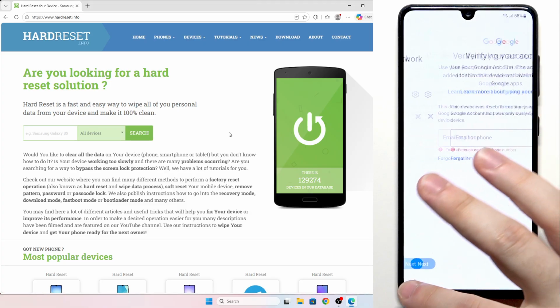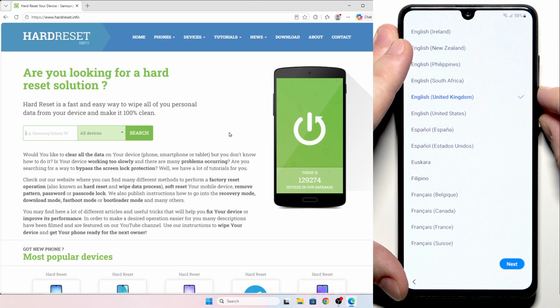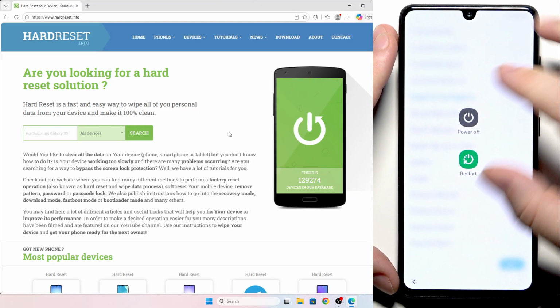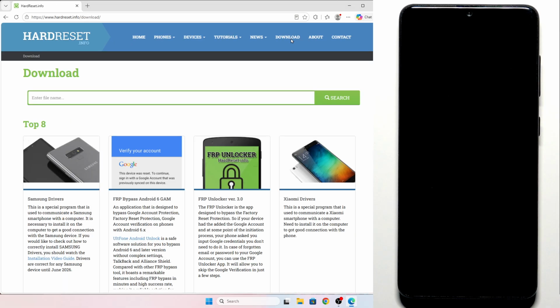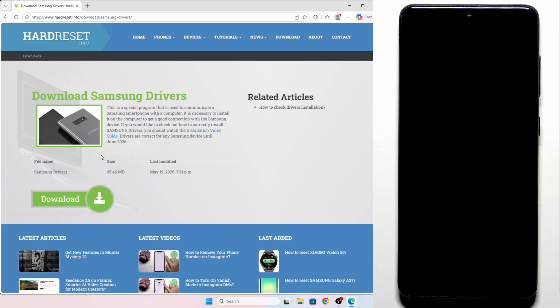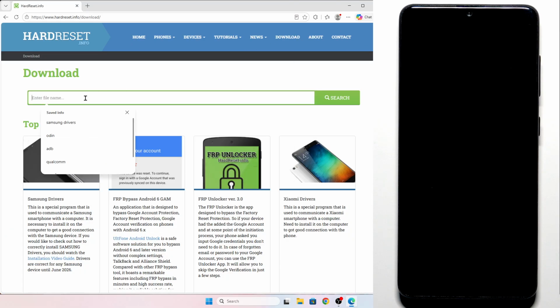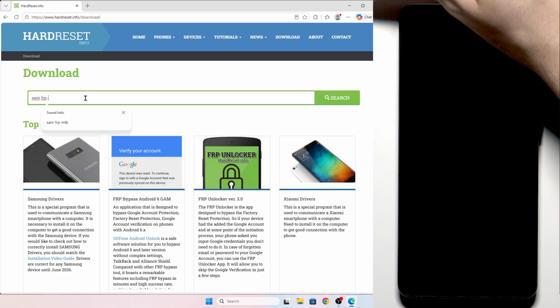And now what to do? We need to power off the device first. Hold the power key and volume down and select power off. And now visit our page HardReset.Info, you can see the link right in here, and go straight to the download section. You need to download Samsung drivers, click on search, select Samsung drivers and hit the download button. Then go back to the download section and type SAM FRP MTK